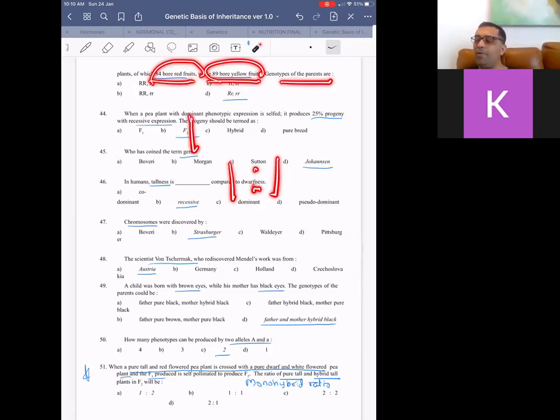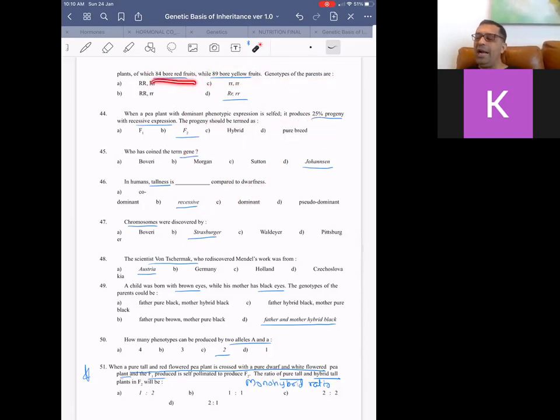So, what is the genotype of the plants? Capital R, small r into small r, small r. So, capital R, small r red into small r yellow will give you a ratio of 1:1, which is an example of a test cross. So what is the approximate ratio? 1:1. So what are the plants by themselves? Capital R, small r, hybrid red, and small r yellow. So that is an example of a monohybrid test cross.